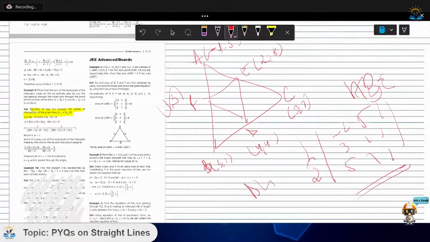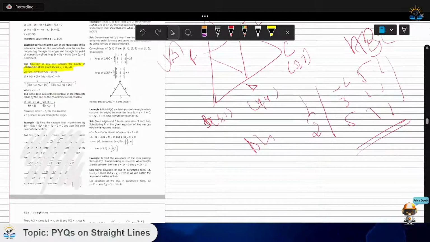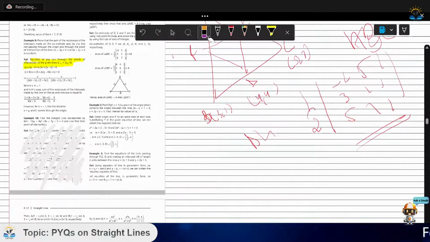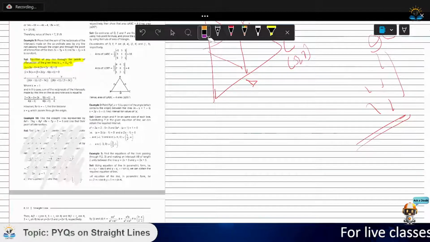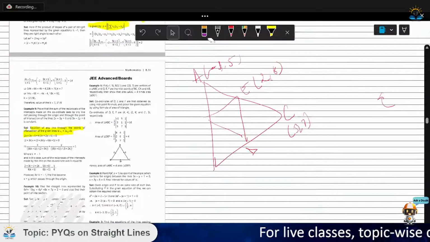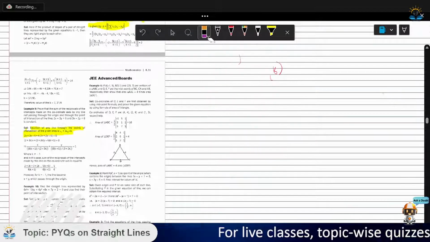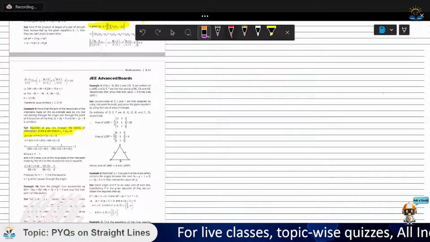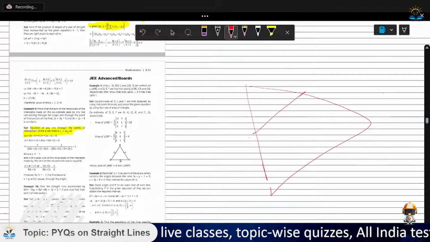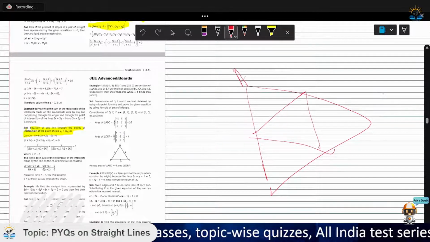And for DEF, we have the formula, so you can just simply prove it; it's nothing out of the box. The easiest way to go through this is to take ABC as an equilateral triangle. If ABC is equilateral, then DEF is also an equilateral triangle, and so are all the four triangles that are made. So I'll show it to you. If this is the triangle and it is equilateral,